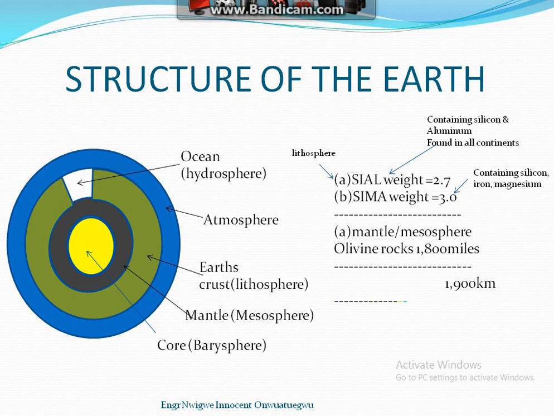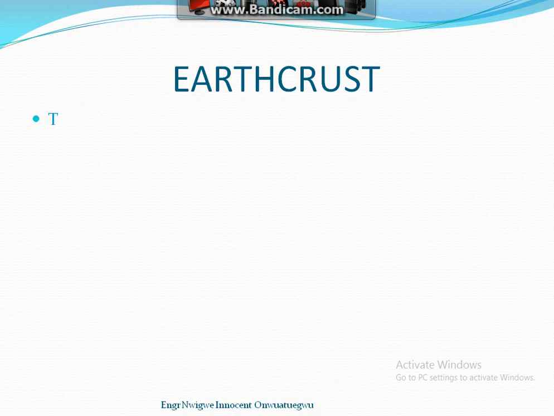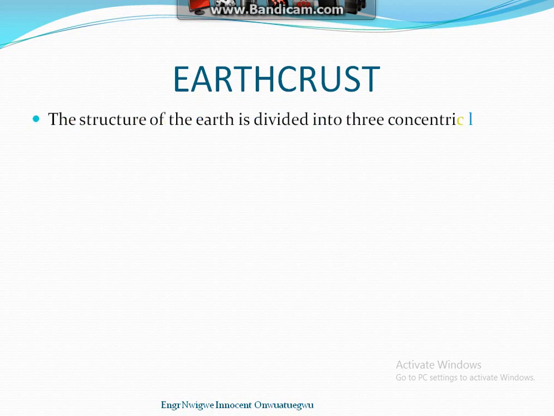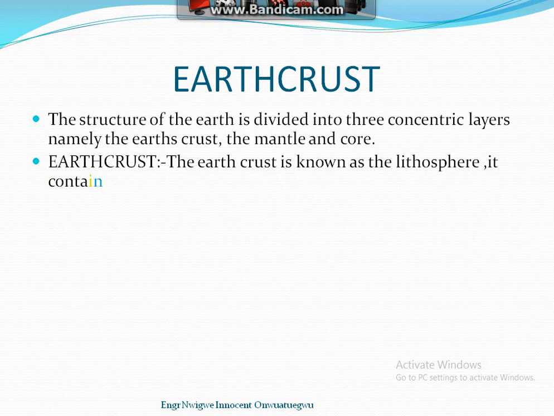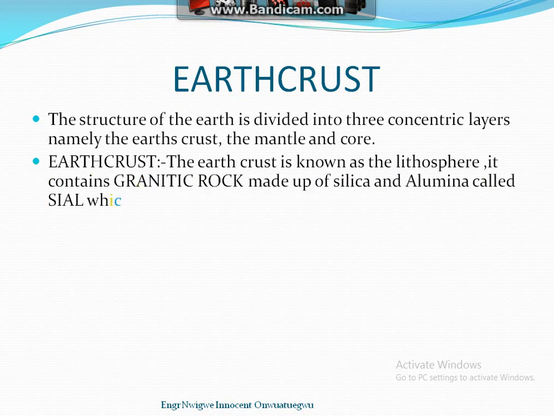Then followed by the core or barysphere, which contains nickel and iron, which is 2,160 miles down to the earth crust. Earth crust. The structure of the earth is divided into 3 concentric layers, namely the earth crust, the mantle, and the core. The earth crust is known as the lithosphere. It contains granite rock made up of silica and aluminium,